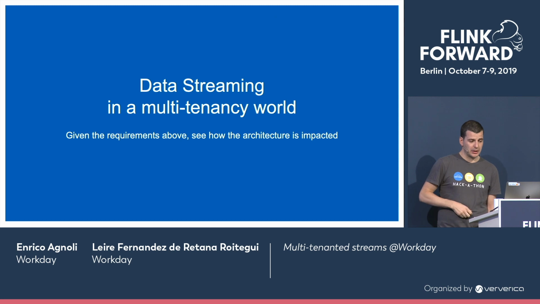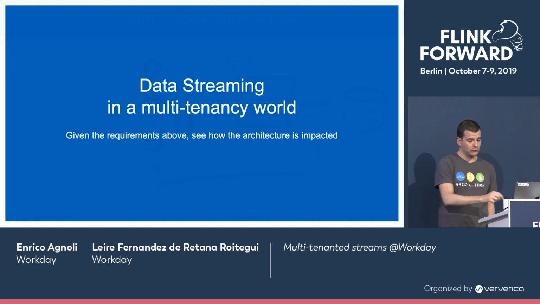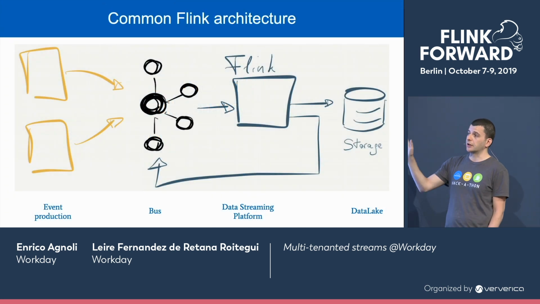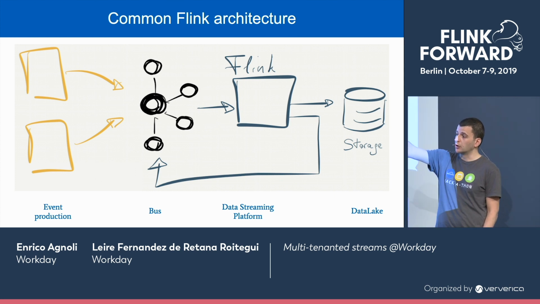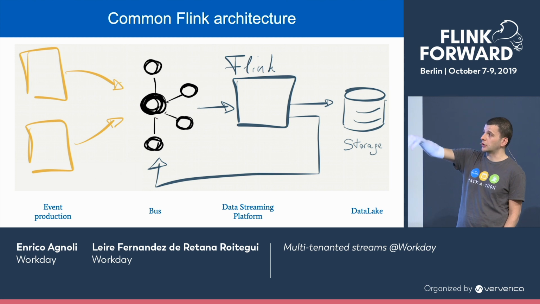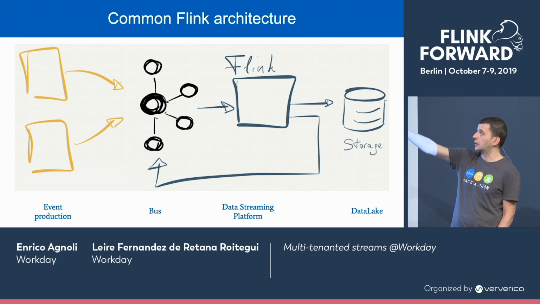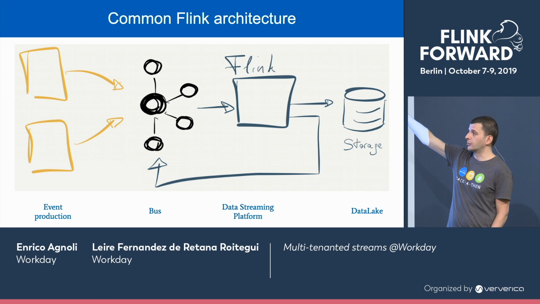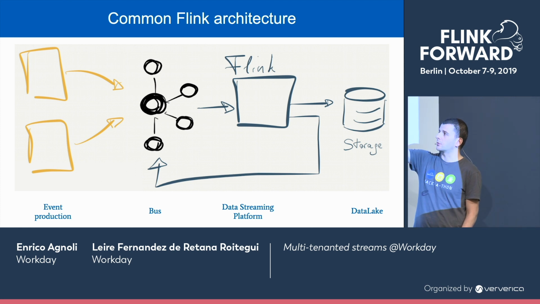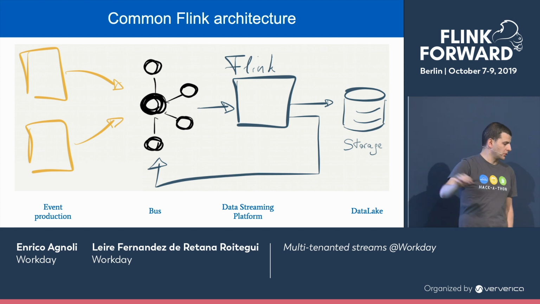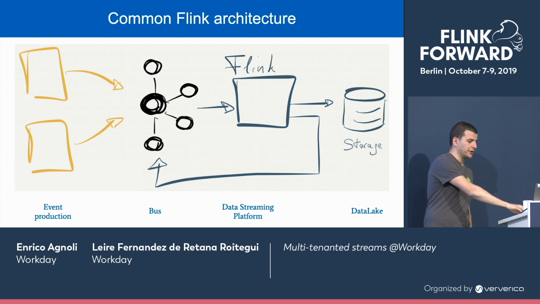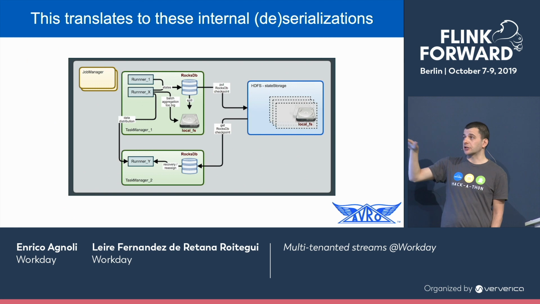So what does it mean in practice? If we start from a very generic Flink overview, this is a common graph where we have multiple services that produce data and send it on a bus, we use Kafka, we have some Flink job that does some computation and sends some result back to Kafka or to storage. This is all good and all right for one customer, one tenant. And this transparently